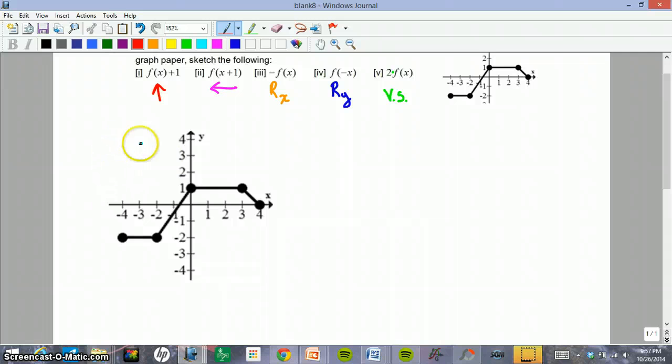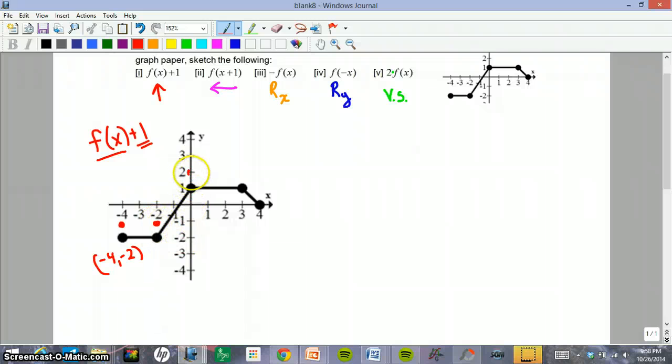So for f of x plus 1, all we're going to do is take the outputs and then add 1 to them. So here's the ordered pair -4, -2. So add 1 to the output. -4 now outputs -1 for this new function that we don't actually have a rule for, but its graph would be shifted up 1. Likewise, here's -2, -2 shifted up 1,